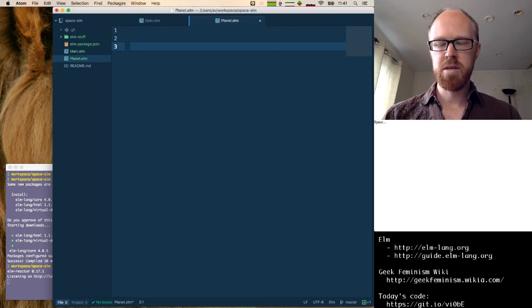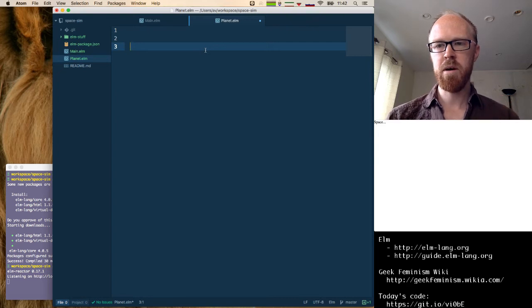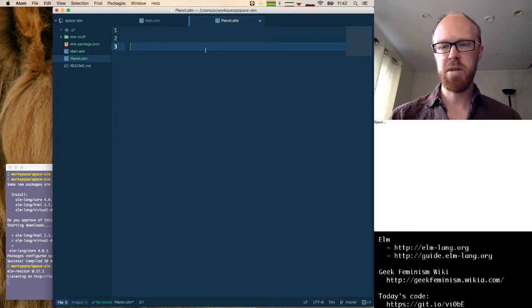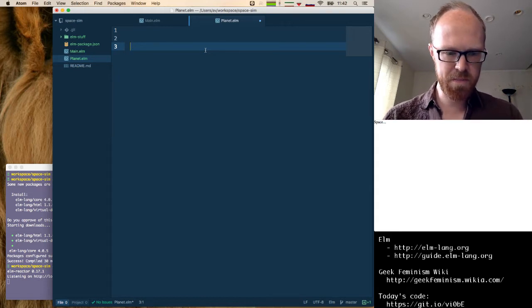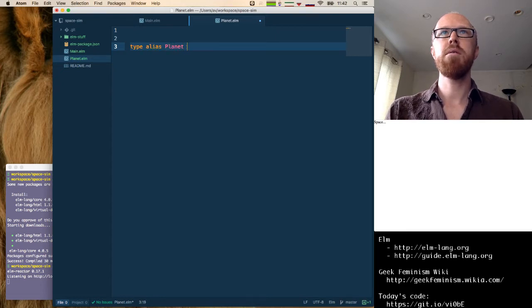Although actually in this case, our view function may not go in the planet module because we're going to have different potential simulations that have different views, but all use planet under the covers. So in any case, we're going to have a planet model. I am going to call that planet in this case.